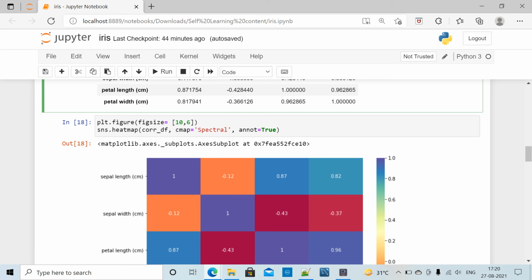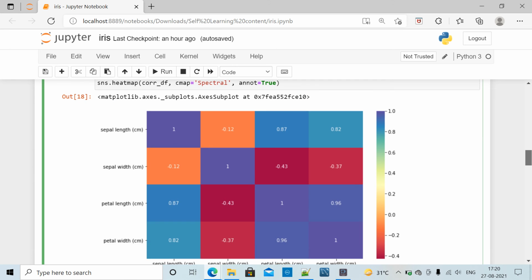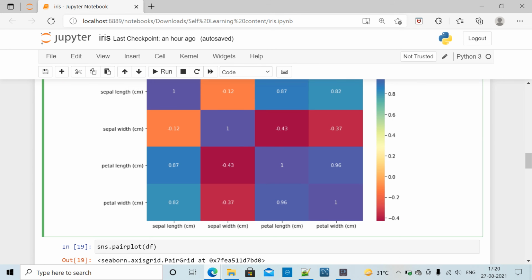So we are plotting a graph here using plt.figure with figsize equal to 10,6, and we have used the sns, that is the Seaborn library, .heatmap() command, because we want to see the heat map of our data. So this is the kind of heat map we are getting of our data.